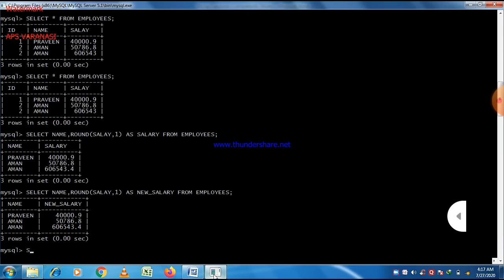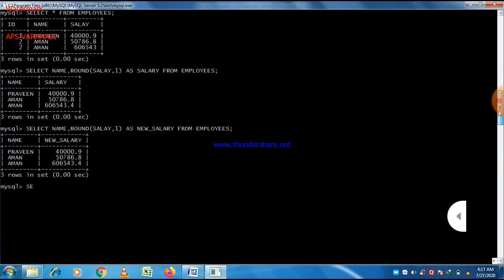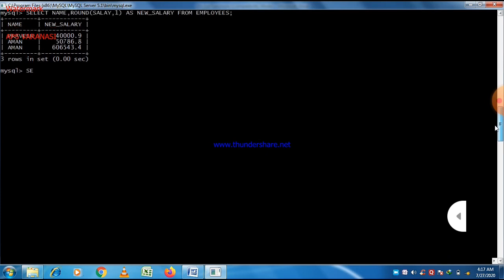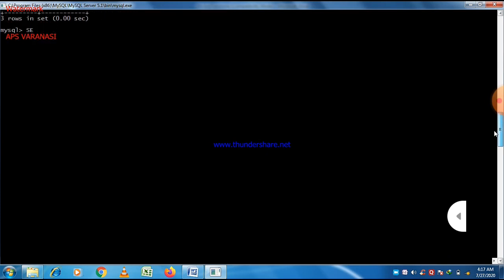So let us try it in MySQL first. Let's write select, and then mod, and then just pass the values in it, 8 comma 5.